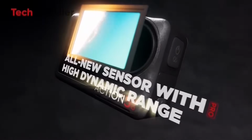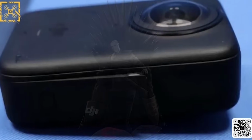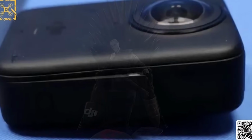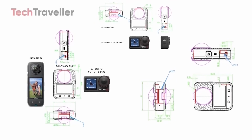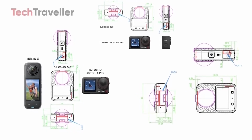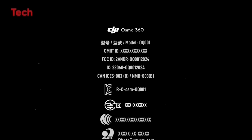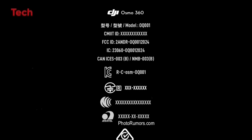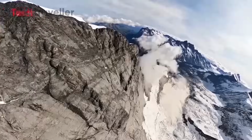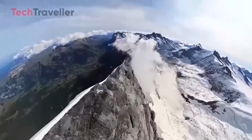DJI is already a big player in the action camera realm, and with the introduction of 360 cameras, DJI is likely to add an immersive capturing experience to its impressive lineup, according to the newly leaked schematics and renderings. We get a decent idea of what the upcoming action camera from DJI will look like. Also, we have found some more intriguing details about the Osmo 360, which surely seems bad news for the delayed GoPro Max 2. So, in our video today, we will talk about the design, give you an overall idea about